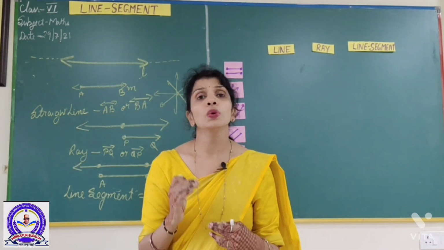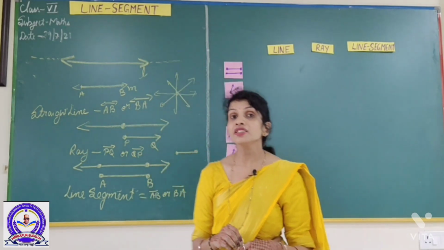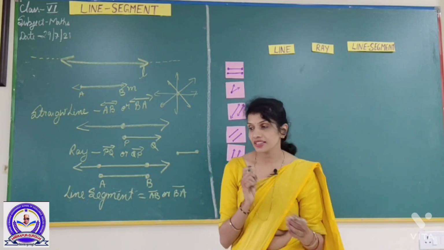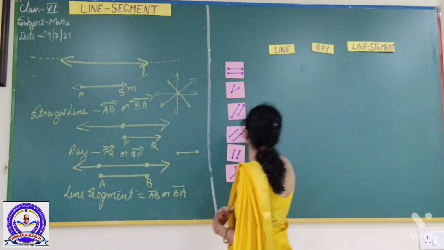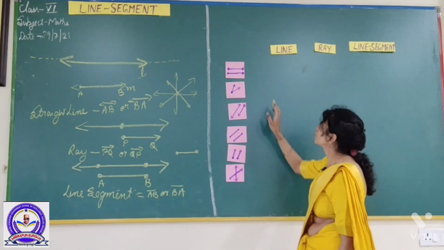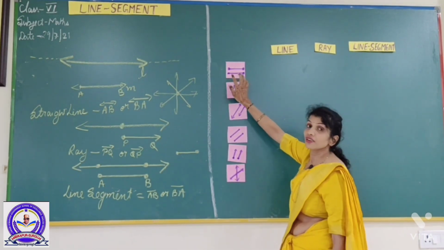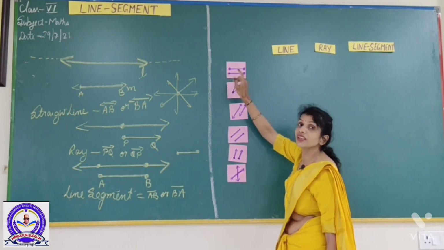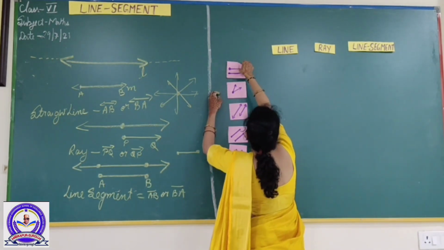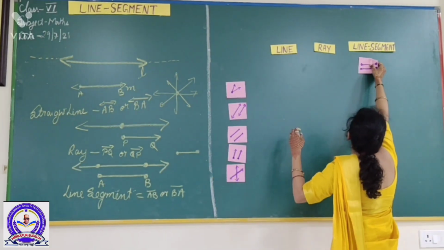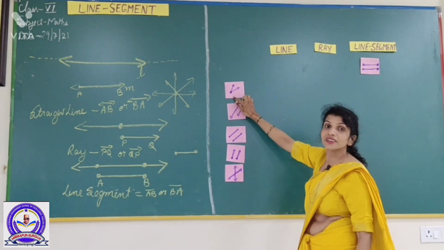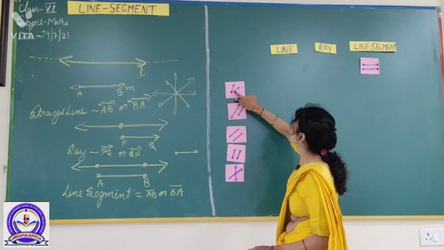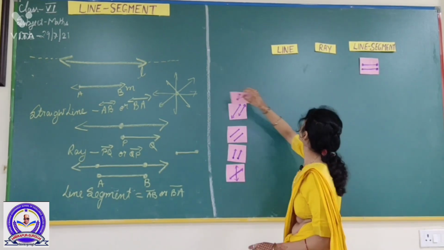Now let us do one activity. By this you will tell me whether you can recognize if it is a ray, line or line segment. Okay students, now look here. I have drawn some pictures. Now tell me whether it is a ray, line or line segment. Yes, good, it's a line segment because it has two endpoints and we can measure it with the help of a scale. So I am going to put it here. Now just see and tell. Very good, it's a ray. Why? Because it has one initial point and it can go endlessly in one direction.